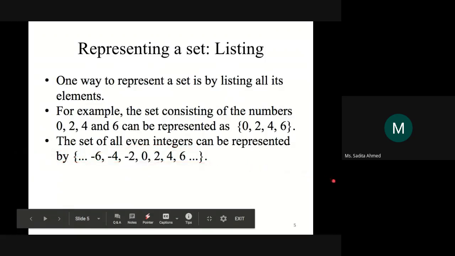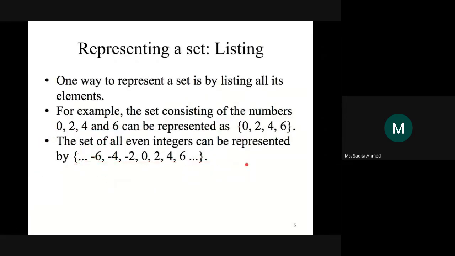So this is how you can list the elements of a set. For a finite set like this, you have a limited amount of elements. For an infinite set like this, you have dot dot on two sides and a list of numbers that represent the pattern. Now, if we were to represent the set of this class in this way as a list,